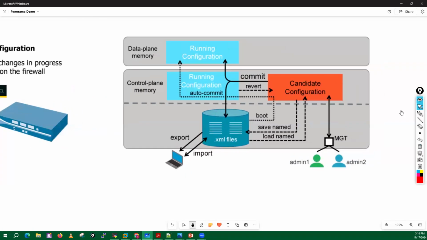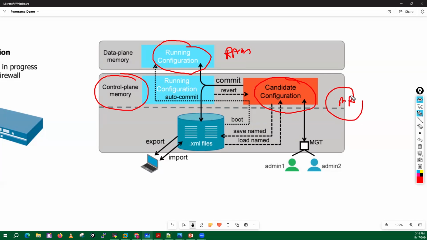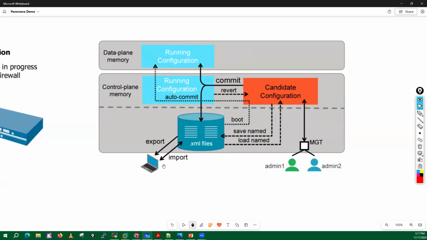So as I have mentioned, in your data plane we have a running configuration, which is stored inside the RAM. We have a control plane or management plane where we have a candidate configuration, and it stores that file inside the management plane. And all these files it stores in the XML format. Okay, now